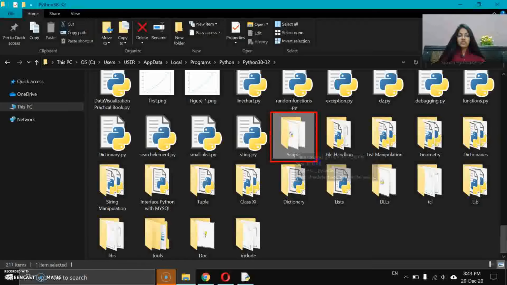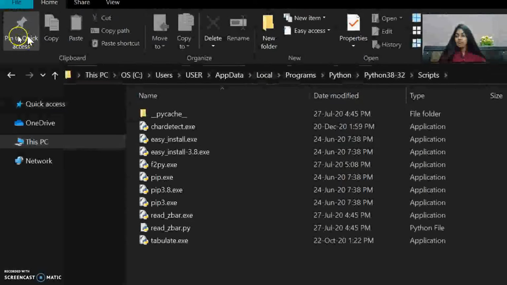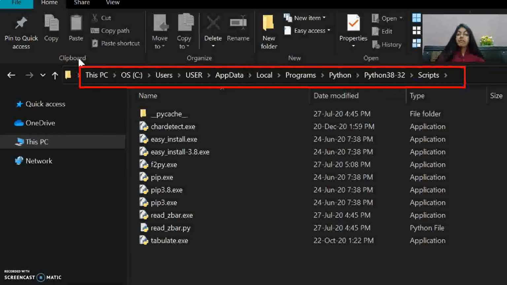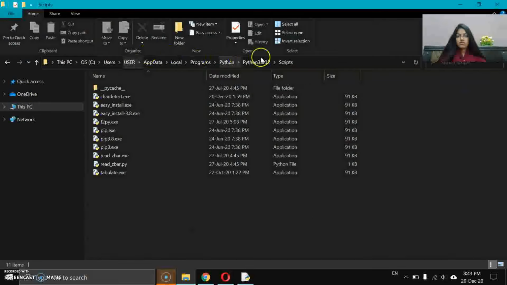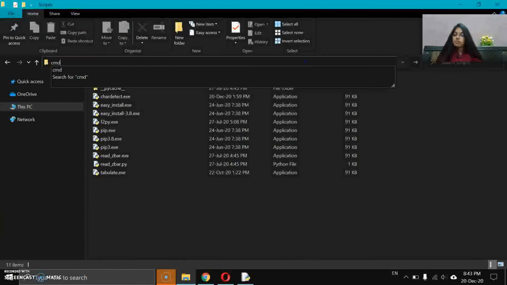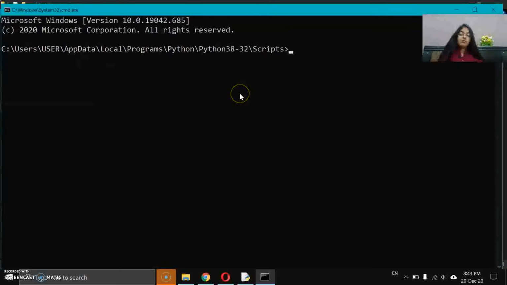So as you can see, this is my script folder. You have to double click on this, and then after that in this address bar you have to type CMD. So here I am typing, in the address bar I am typing CMD, then press enter key. So your path will come up to the script folder. Here you have to execute the command pip install PyWhatKit. This is the name of the library through which we can schedule the WhatsApp messages.